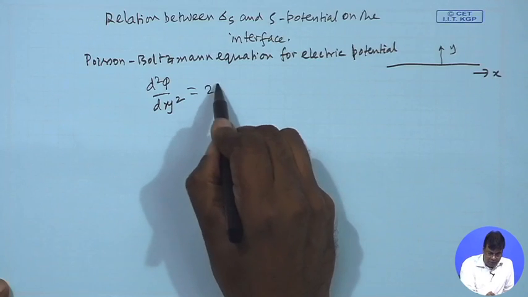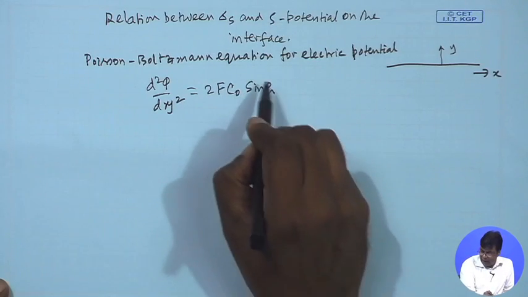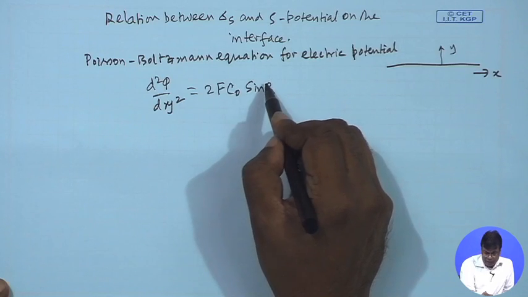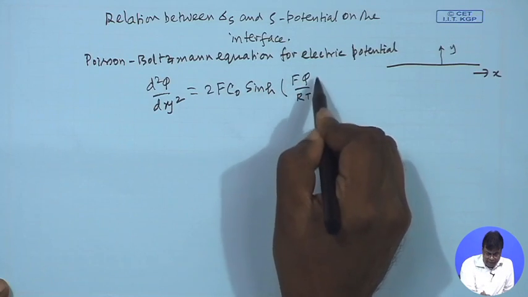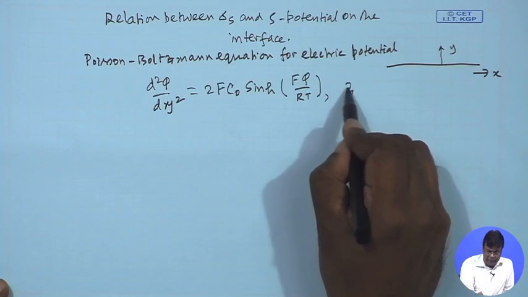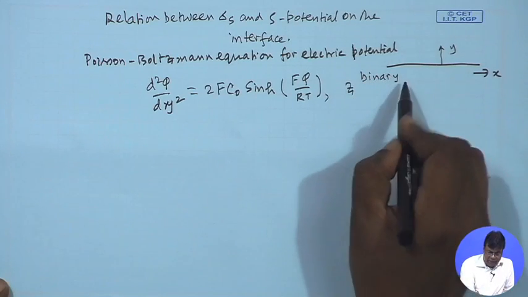This is equal to 2 F c0 sinh(F phi by RT). Here we have of course taken a binary, symmetrical electrolyte,